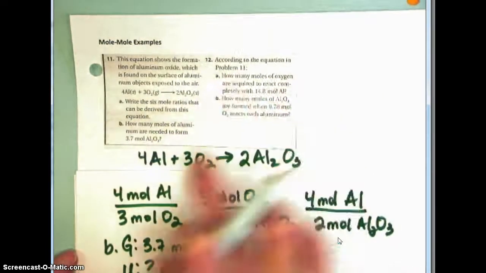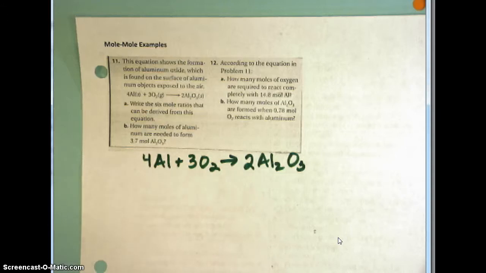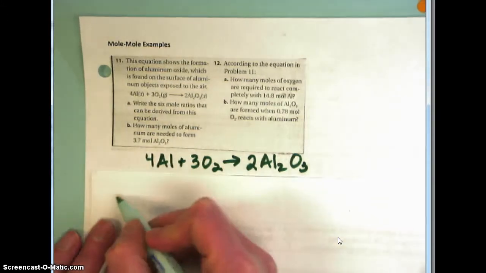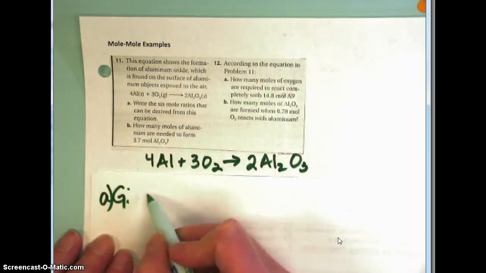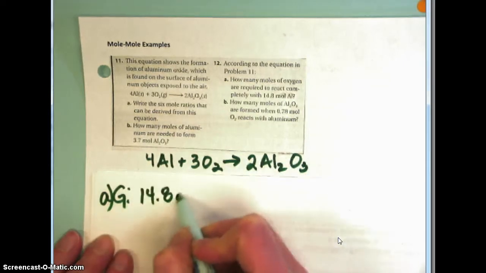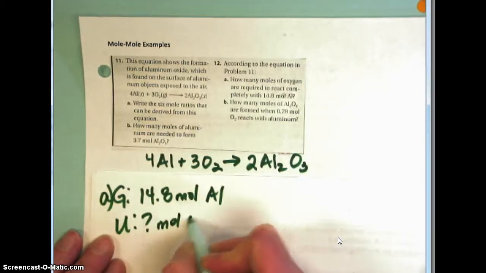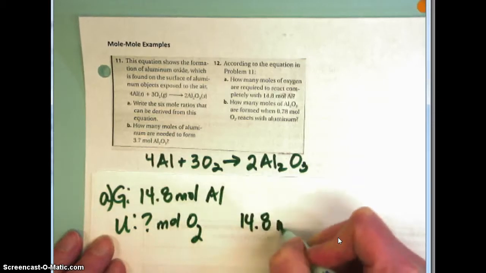According to the equation, same equation, how many moles of oxygen are required to react with 14.8 moles of aluminum? So we will write down the given. This is A. Given is 14.8 moles of aluminum. Unknown is how many moles of oxygen. 14.8 moles of aluminum